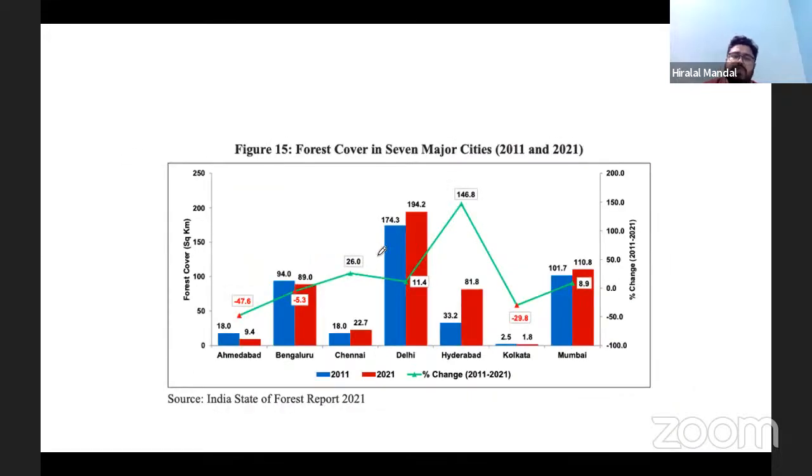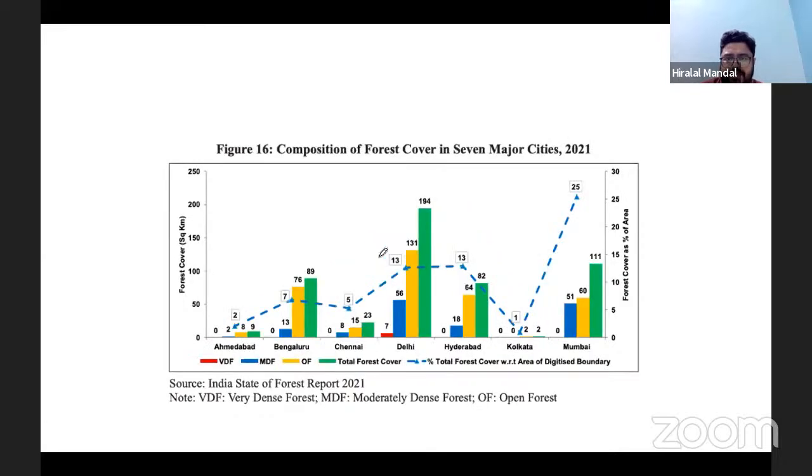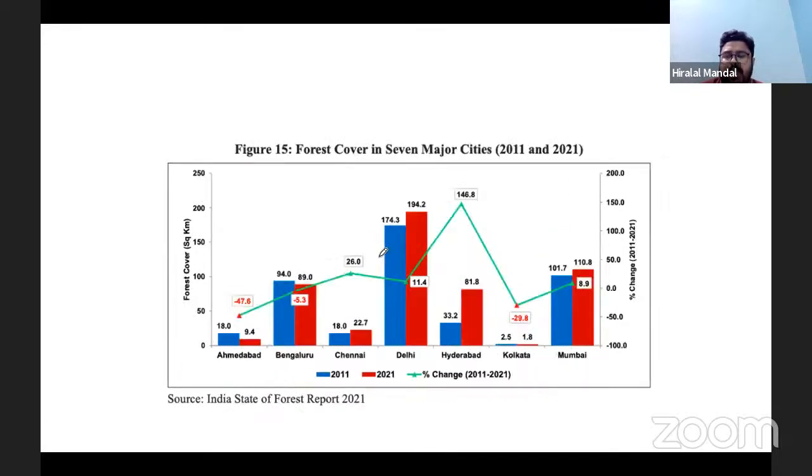Anyway, now this is something additional. We have not discussed it as part of the forest cover. When we talked about the forest cover, we have not covered this aspect. All right. So I see there's a difference also. So probably if a question is asked, maybe it is asked from this part: the forest cover in 7 major cities. So among